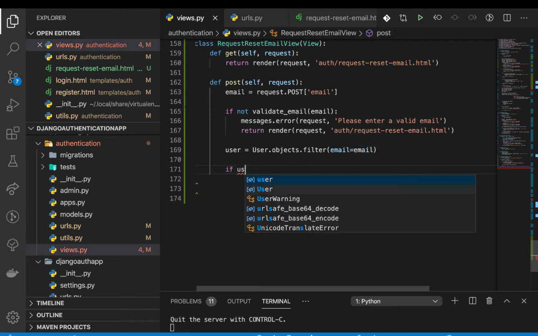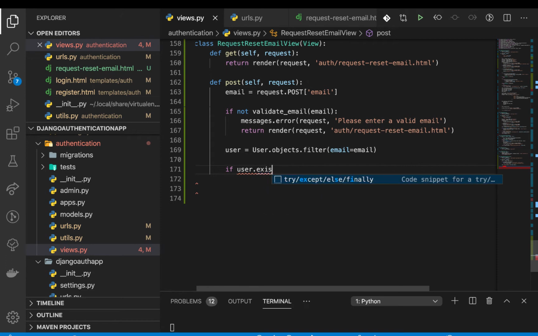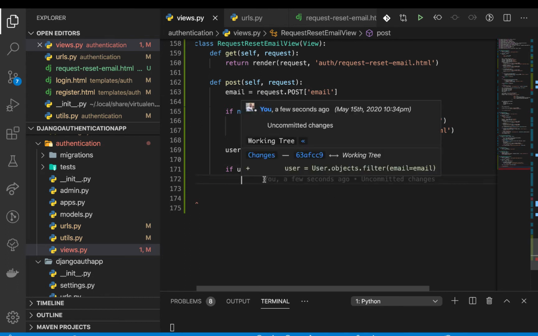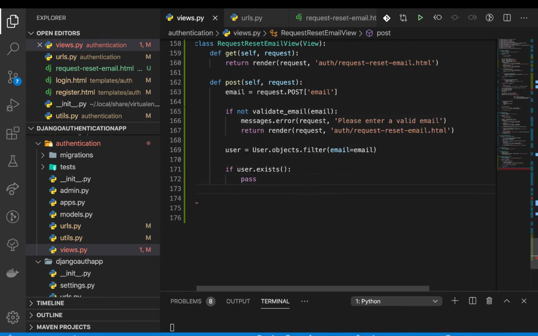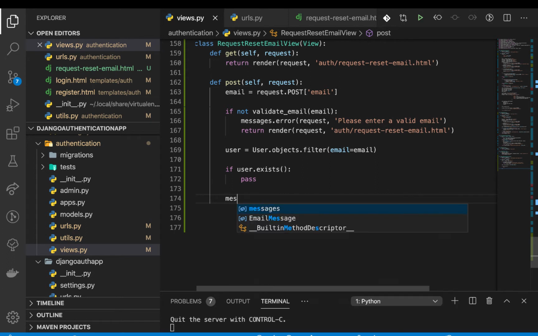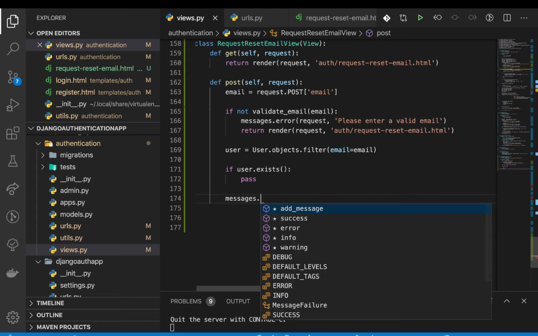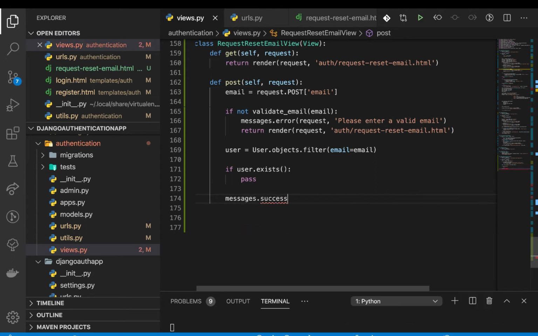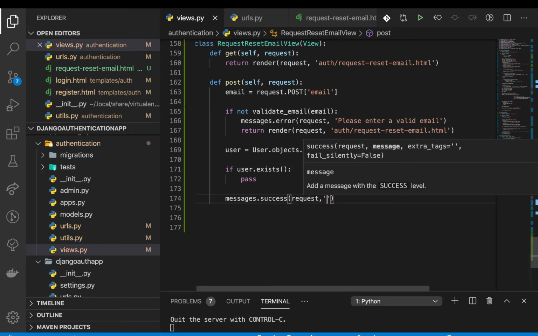Okay, so once we have this, we can check if this returned one value or more by doing exists. So if user.exists, this would mean that the user actually exists and has an account on our application. But if a user doesn't exist, then it's always a good idea to also tell them that we sent you an email to the email you supplied. So right here, now we can say messages.success, then request, then we can say we have